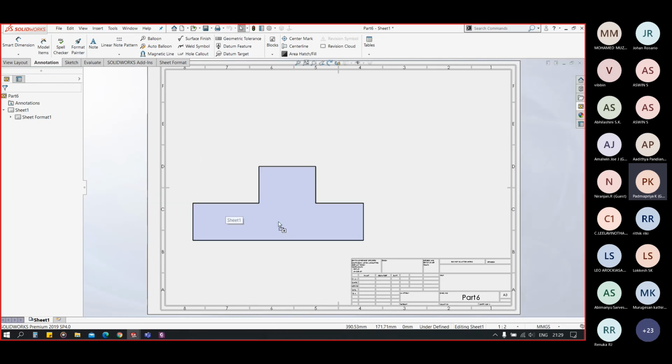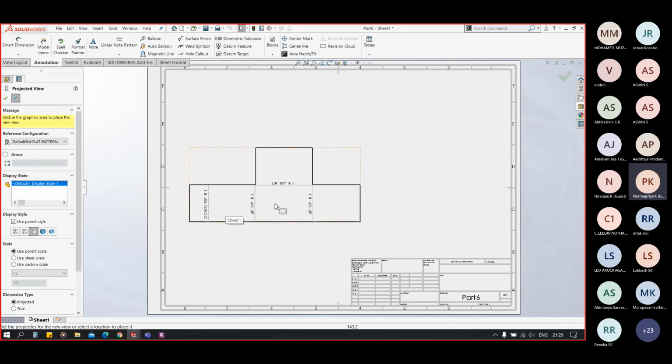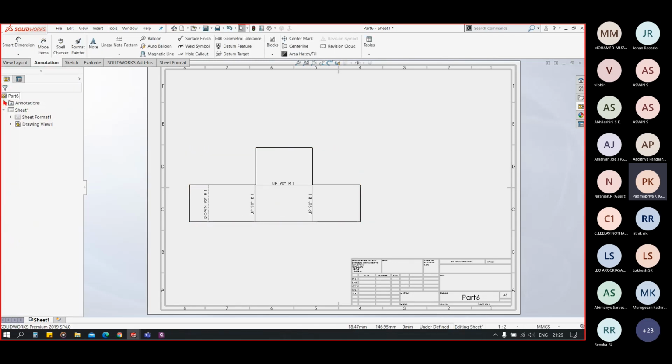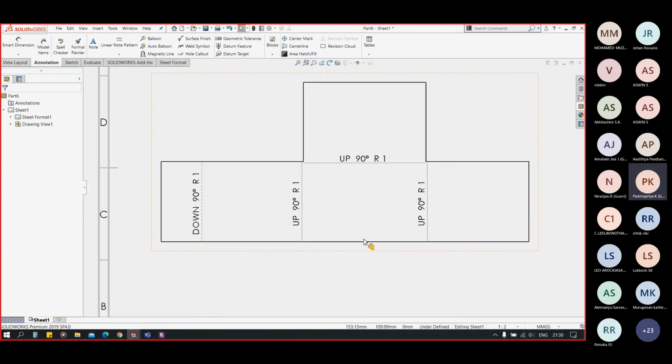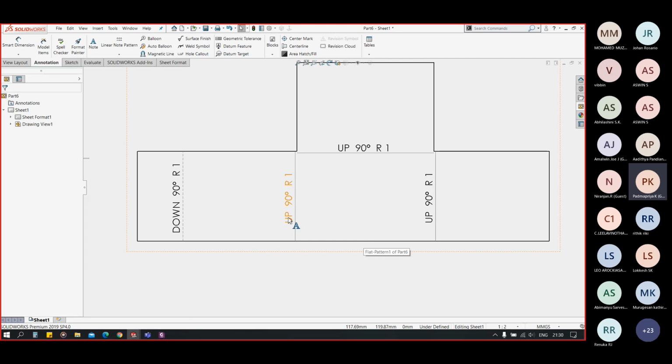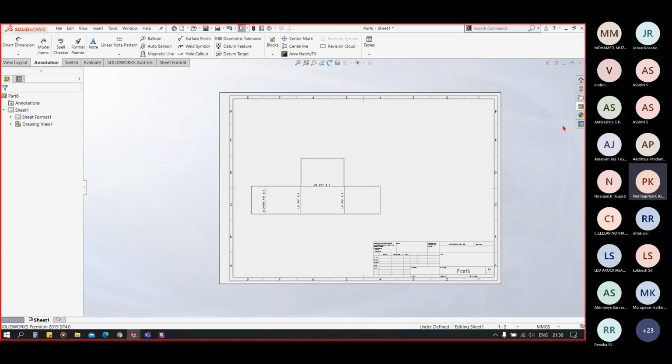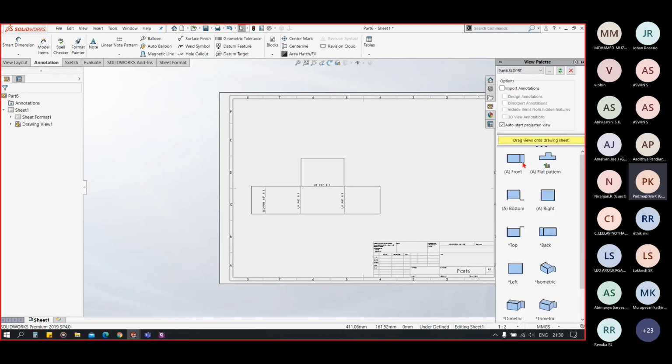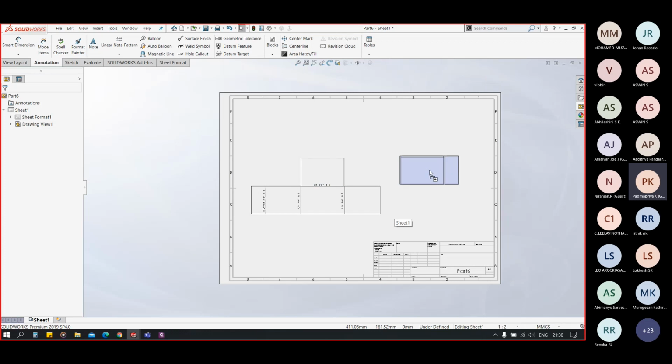So drag that view here. Now you can see the flat pattern view is a self-explanatory view for bending. Now you can see it is showing bend upwards 90° with radius of 1, bend upwards 90° with radius 1, bend downwards with 90° radius of 1. So like that.